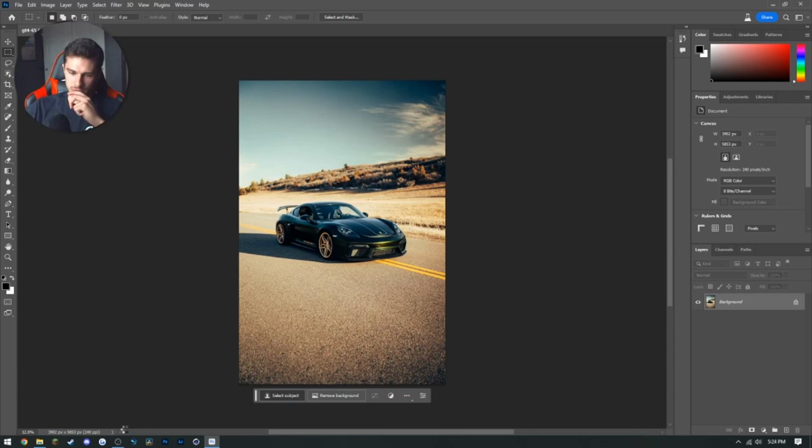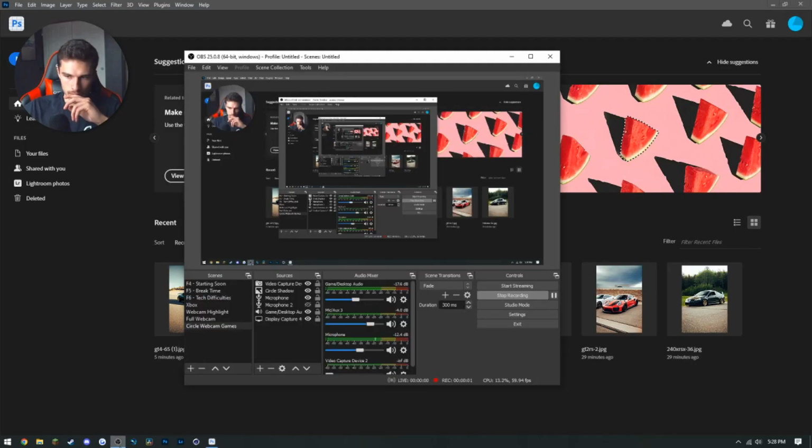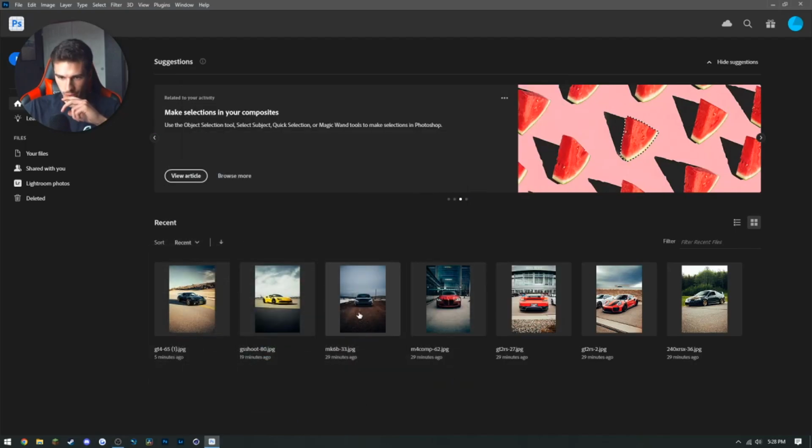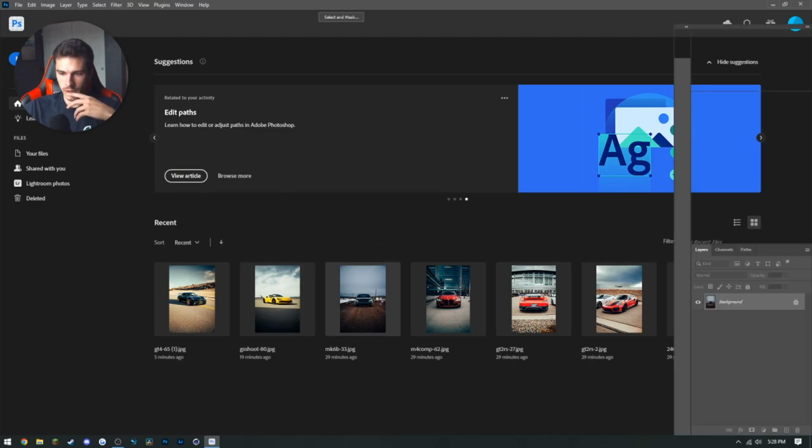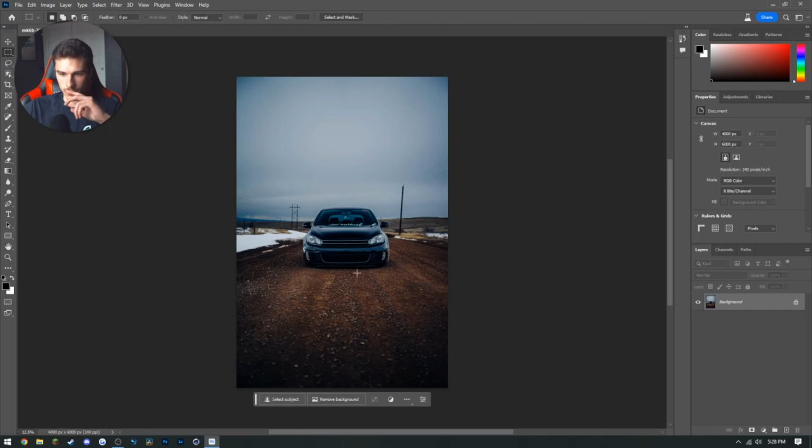Okay, OBS just crashed. Since we did some with this, my computer's seemingly having a lot of issues right now, so we're going to try something a little bit different. Instead of selecting the subject, we're going to take sections from this photo and fill them with something else. So in the foreground, I'm thinking let's do